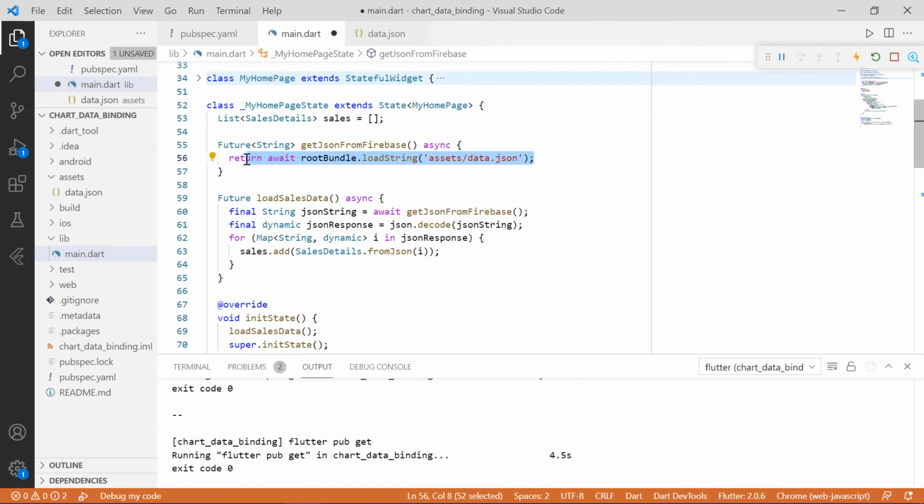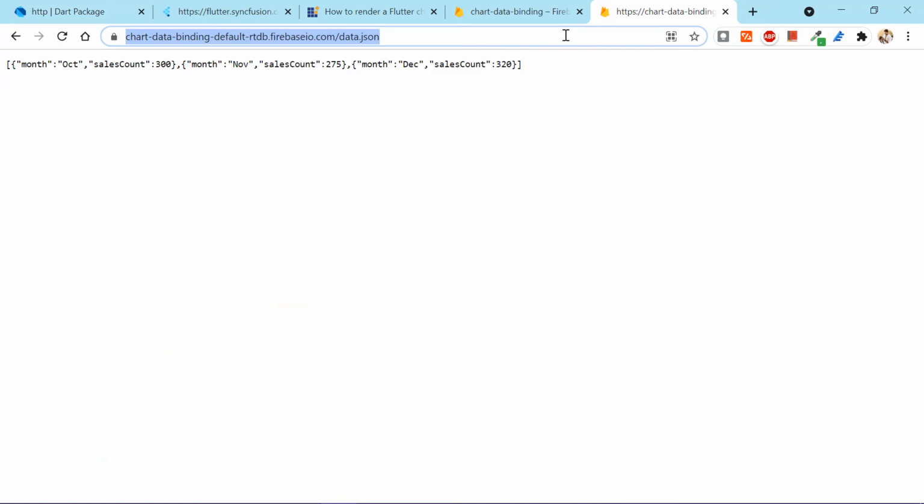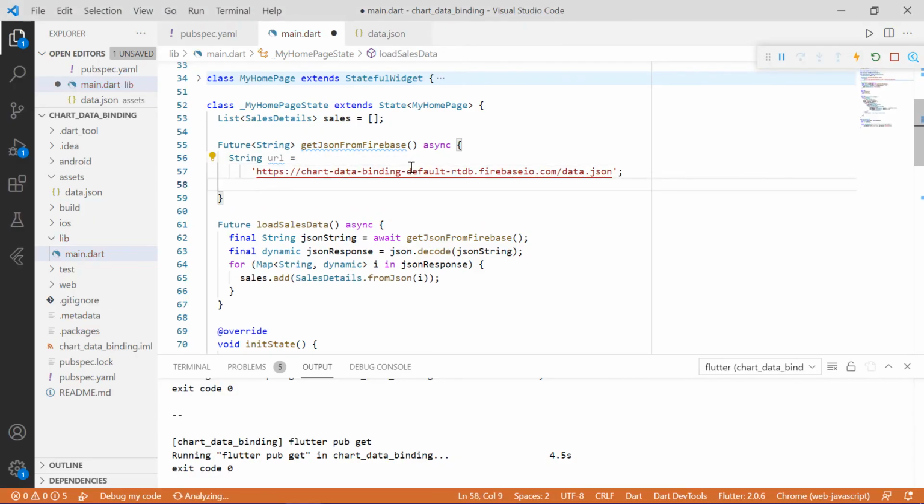Then in this method, let's assign the JSON data URL to a variable. Then get and pass the URL and assign it to the HTTP response type variable.